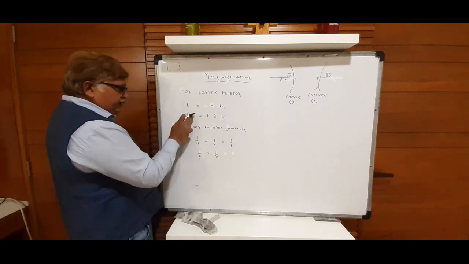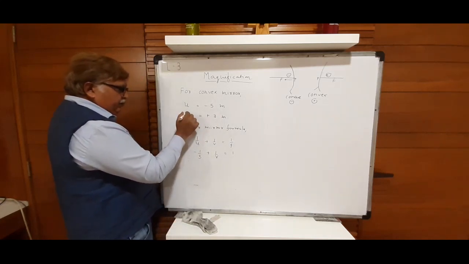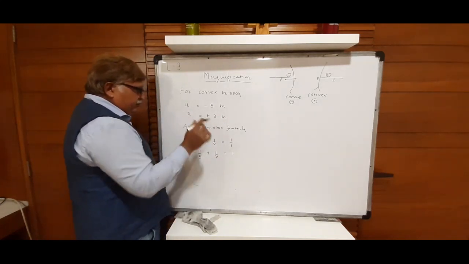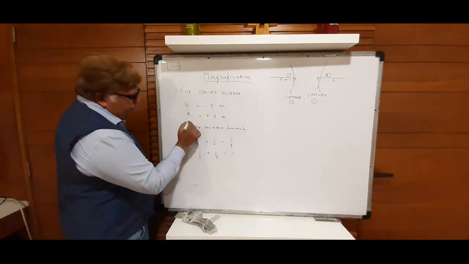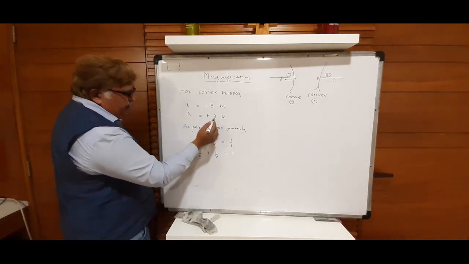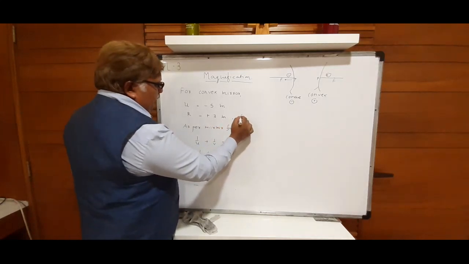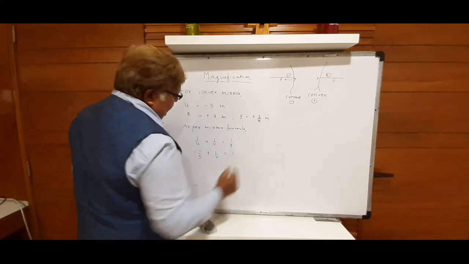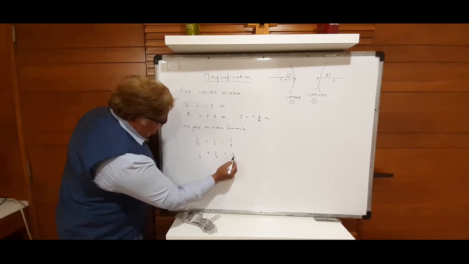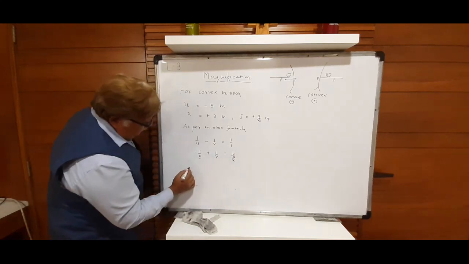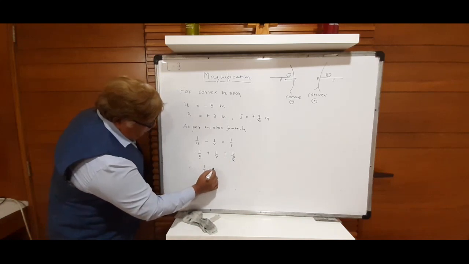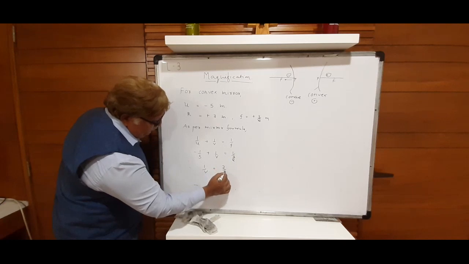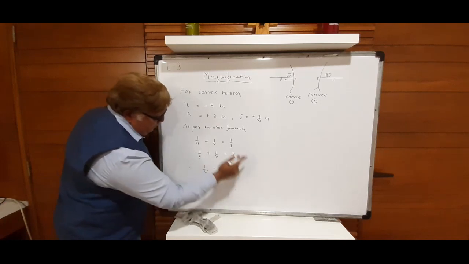Let me make one more thing clear. Actually they have given, you have noted down focal length, but that is actually the radius of curvature. Please, sorry, make a change. R is the radius of curvature and F equals half of the radius of curvature. So here 3 upon 2. Then 1 upon v equals 2 upon 3 plus, minus 1 upon 5 on this side.